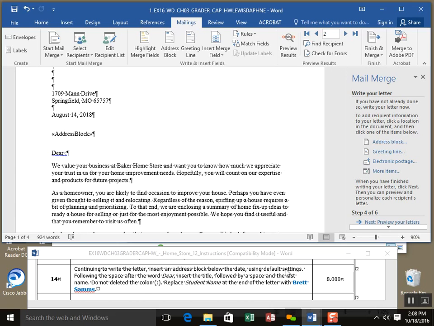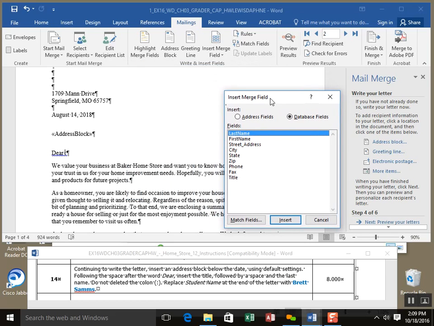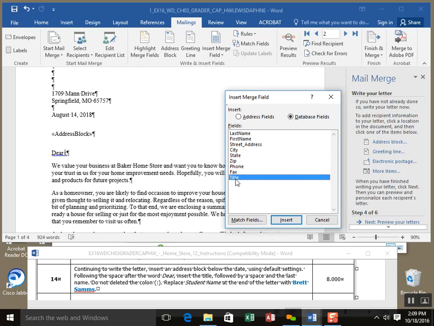Now it says, using default, follow the space after the word dear. So I'm going to click after the word dear right here with my mouse over here on the left and insert the title followed by a space and the last name. So I'm going to come to more items over here. All right, more items, and going to click title. Title is like Mr., Mrs., Doctor, all right? And we're going to click insert, and then it says after the insert,